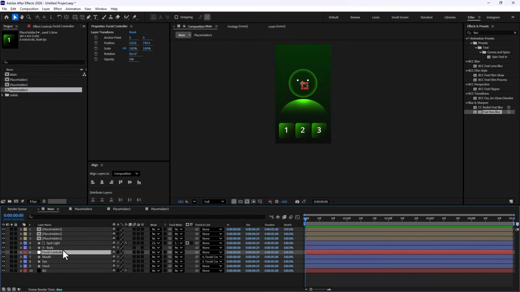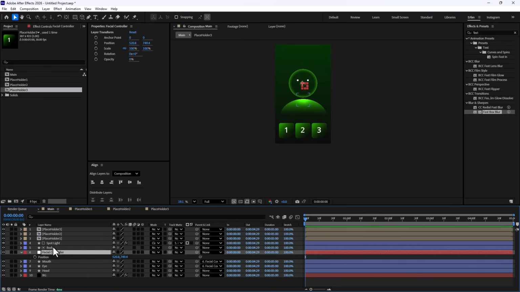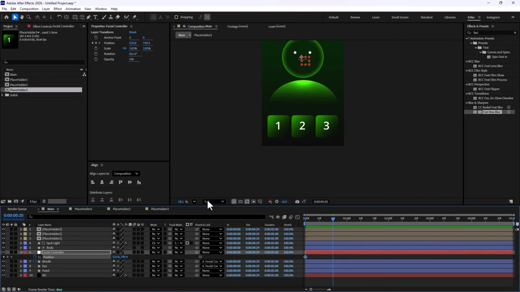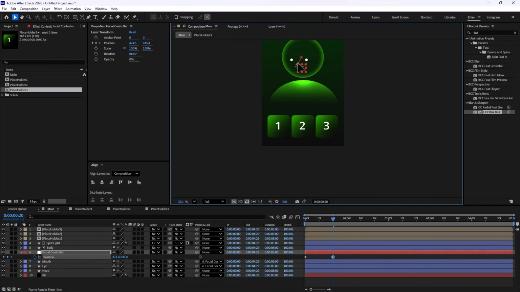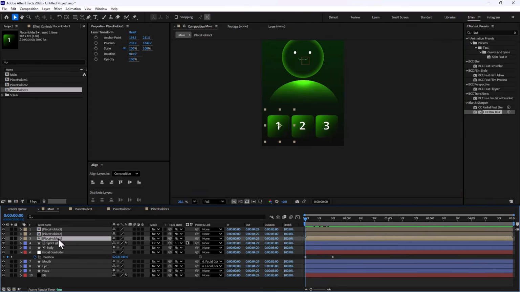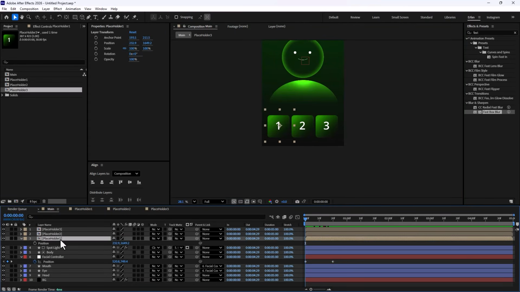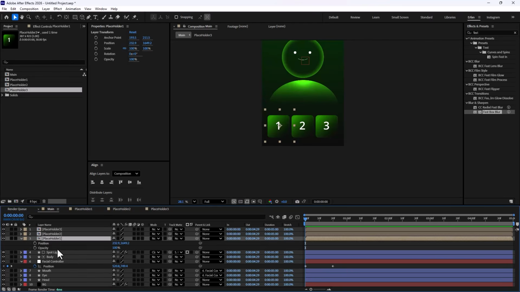I'm just gonna select the facial null. I'm gonna press P to reveal the position. I'm just gonna set a keyframe. I'm gonna go 20 frames forward, and then I'm just gonna push this towards this first slider that is in here. All right, once it's in here, I'm just gonna select the placeholder one. I'm gonna press P to reveal the position. I'm gonna select all, and at the same time, I'm gonna hold Shift plus T to open the opacity as well. I'm gonna set a keyframe. I'm gonna just go into the 20 frames that is in here. I'm gonna set the second set of keyframes.